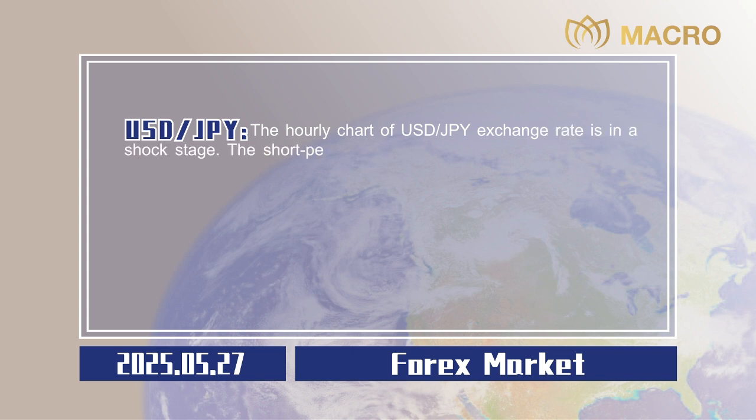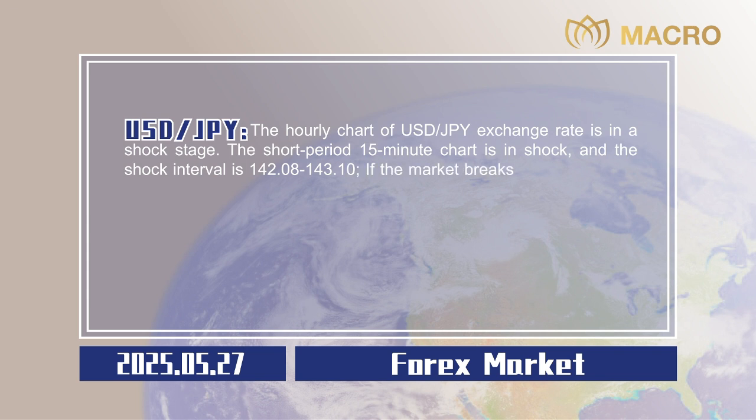The short period 15-minute chart is in shock, and the shock interval is 142.08 to 143.10. If the market breaks 143.10 points in the afternoon, you can intervene in multiple orders, and the upper target can be seen at